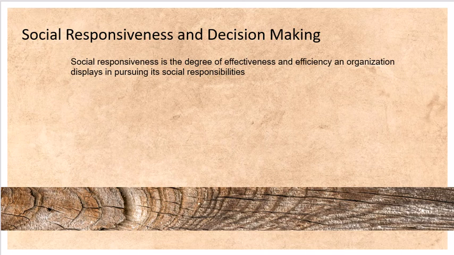So we have the social responsiveness and decision making. Social responsiveness is the degree of effectiveness and efficiency an organization displays in pursuing its social responsibilities. So the greater the degree of efficiency and effectiveness, the more socially responsive the organization is said to be, no? The only responsive organization that is both effective and efficient meets the social responsibilities without wasting organizational resources in the process. You need to determine exactly the social responsibility of the organization, or you need to pursue in deciding how much or what will be the critical decision making aspect of maintaining the high level of